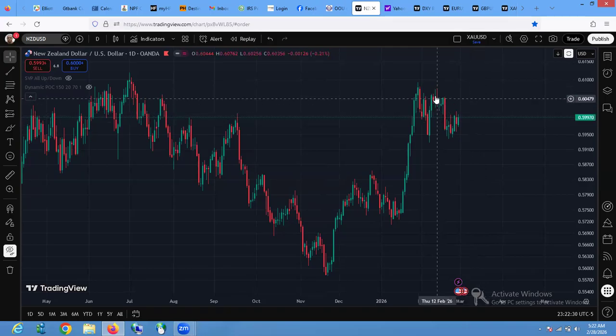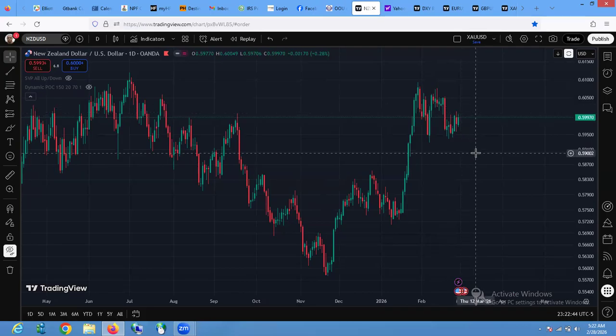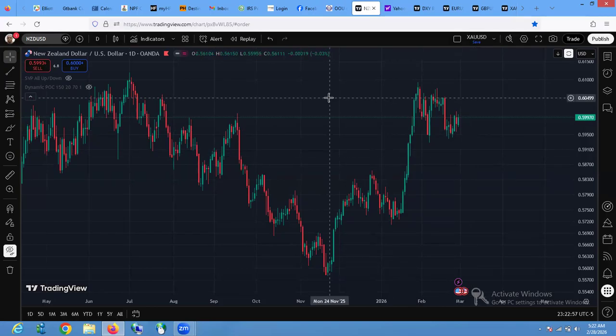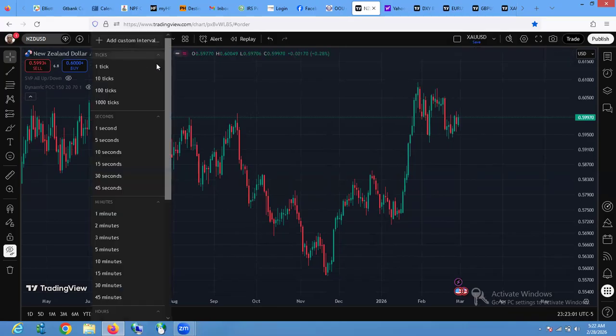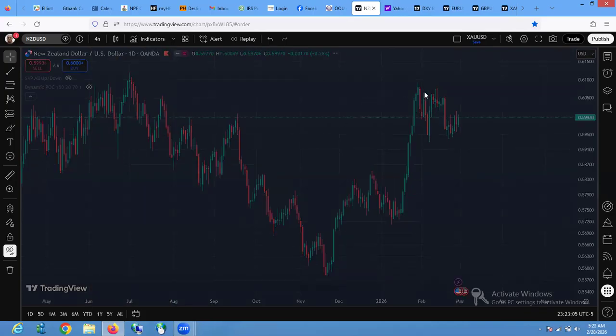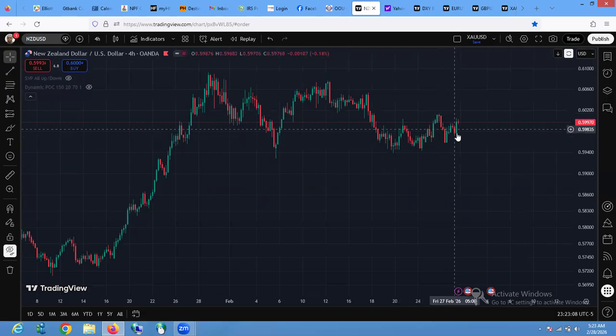Or rather, they can make this an A, B, and this C wave, without breaking this top, they can make it more complex here and give us an A of C, a B of C, and a C of C. So the way it's doing here, I rather want it to drag a bit more to the upside. And when it breaks down again, the last time it breaks to the downside, then we can look for a push to the upside. That's what I would want to do on NZDUSD. So there's still something to be grabbed here. I think we just have to wait for it to break down one more time.